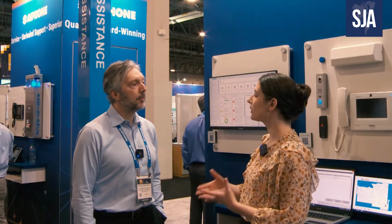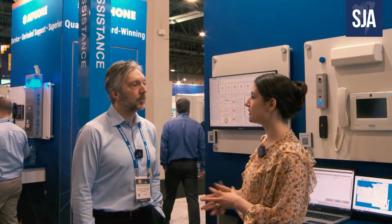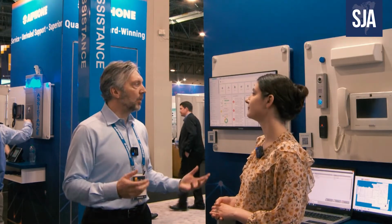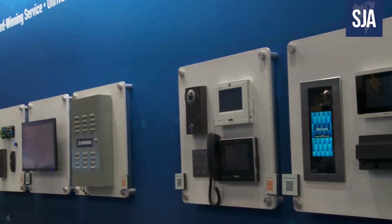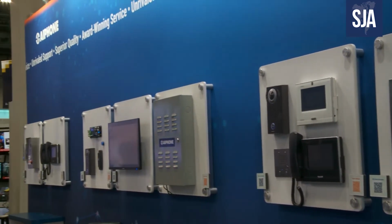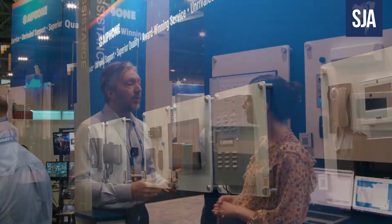Fantastic. So what kind of trends are we seeing with intercoms at the moment? Well, of course, everything's IP based. We're seeing a lot of people want to do a lot of integration, so integrating with access control, CCTV, burglar and fire, all sorts of things. In fact, we've just released a new access control line that integrates directly with our intercoms. And we're seeing a lot of really interesting applications with that. So for example,